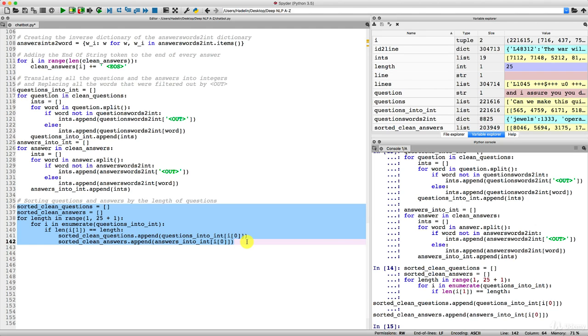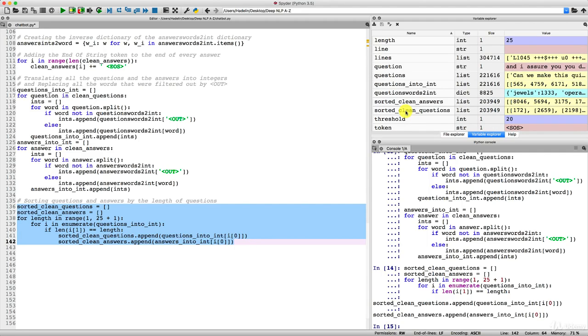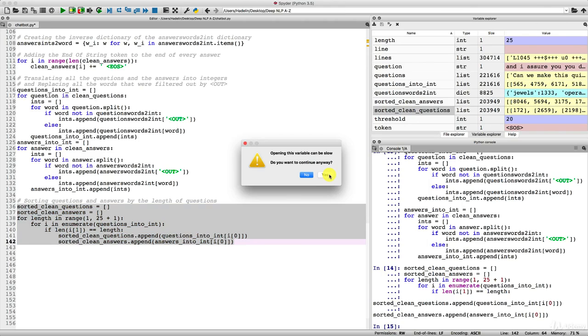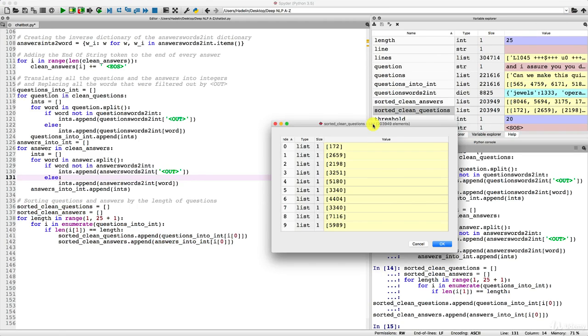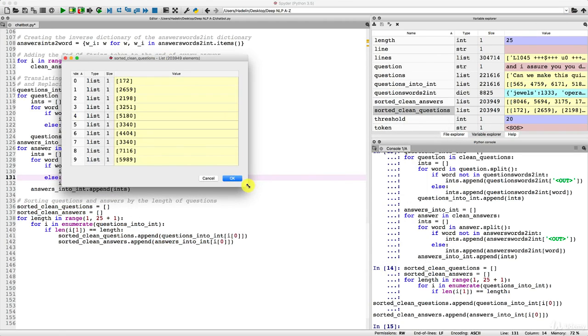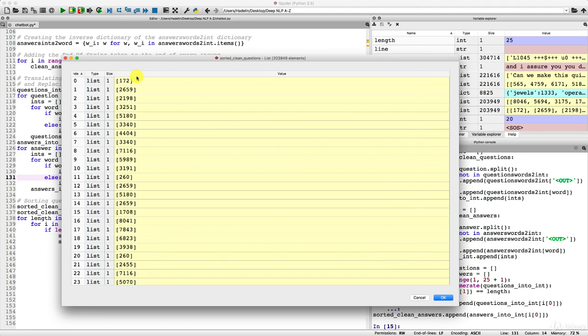So let's have a look at our sorted clean questions and our sorted clean answers, which are right here. So sorted clean questions first, and what we should see is, yes, exactly that. That is the first questions containing only one element. So this corresponds to the encoded number that results from the encoding thanks to our previous dictionary questions_word2int. So these correspond to one-word questions.